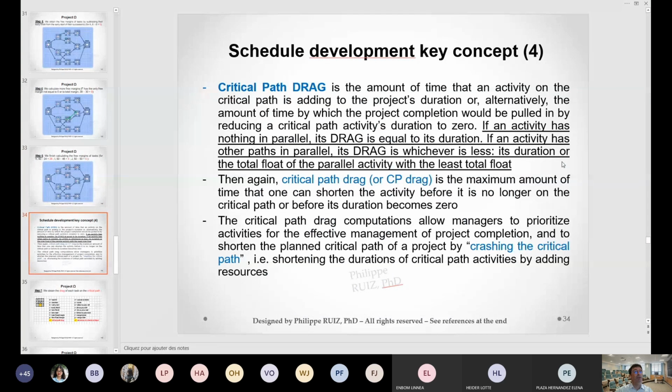A final concept that will be explained here is called the critical path drag. This one is more rarely seen, but I personally believe it's very important when you do project management. It's basically by how much you can delay an activity that is on the critical